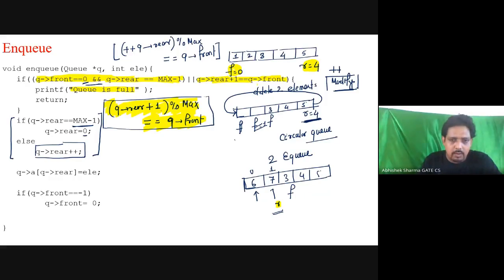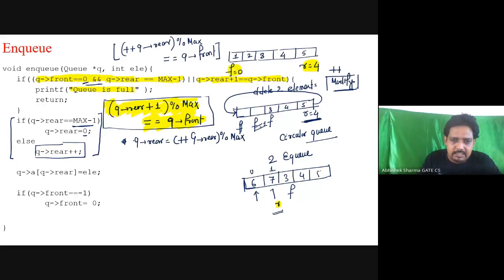Okay, so now, equivalent to those two statements, again I am writing one statement. Can I write this thing? q pointing to rear is equal to plus plus q pointing to rear, and then again I can say modulo max.